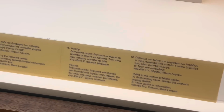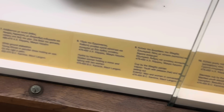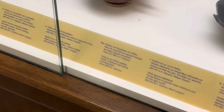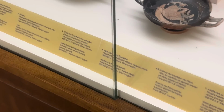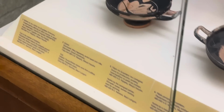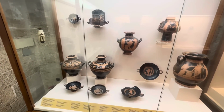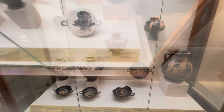Now here, this is going to take a little more work. I'm sorry. I couldn't tell what I was looking at. Some is in English, some is in Greek. It's numbered, but you can't really see the numbers in the case. Not on video anyway, but I just want you to look at the years and stuff. But the most amazing thing that my mom and I didn't even know, because we've actually never been here, is